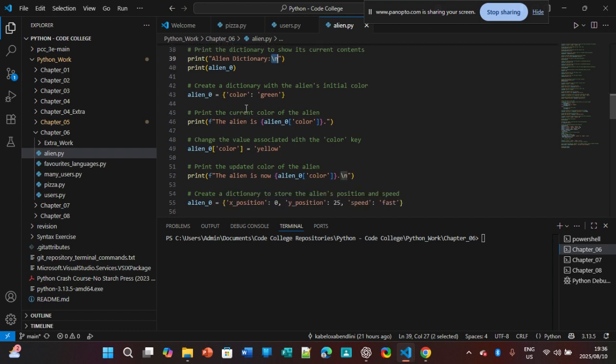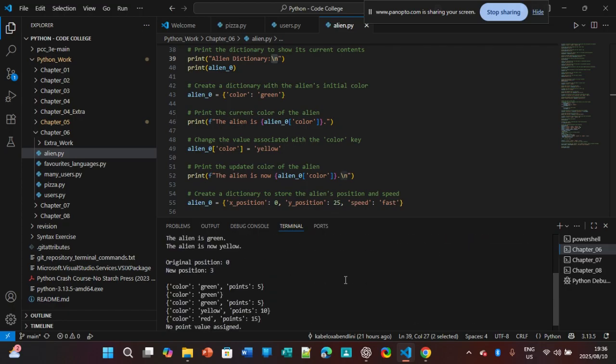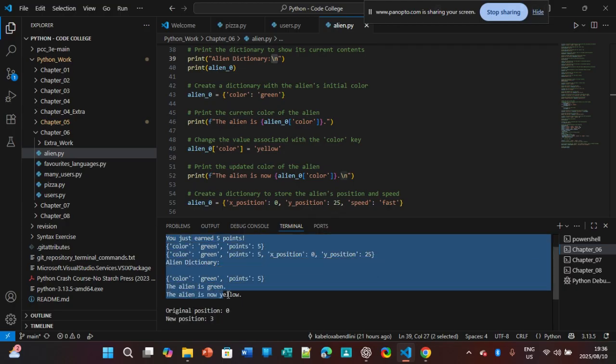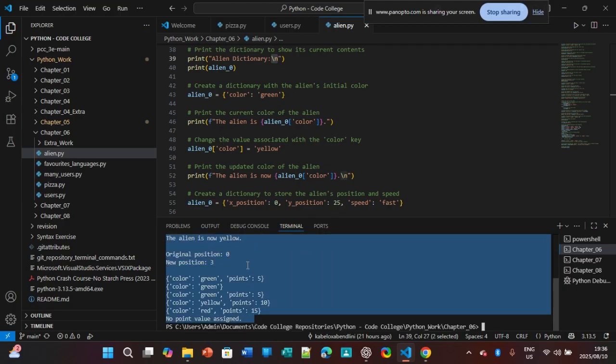So you pretty much have dictionaries here. So that's what we have. We've got dictionary workings here. So that's what we've got here. So python alien.py. As you can see here, you've got your dictionary, green, and 5, you just earned 5 points, and then